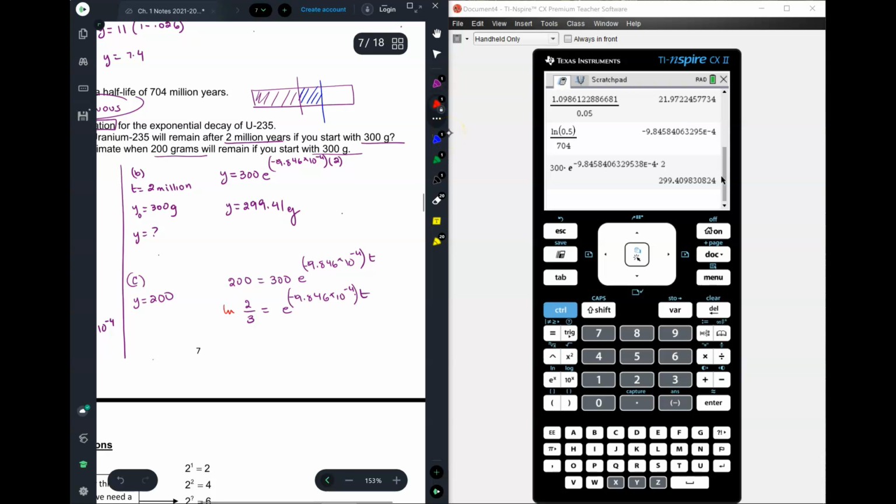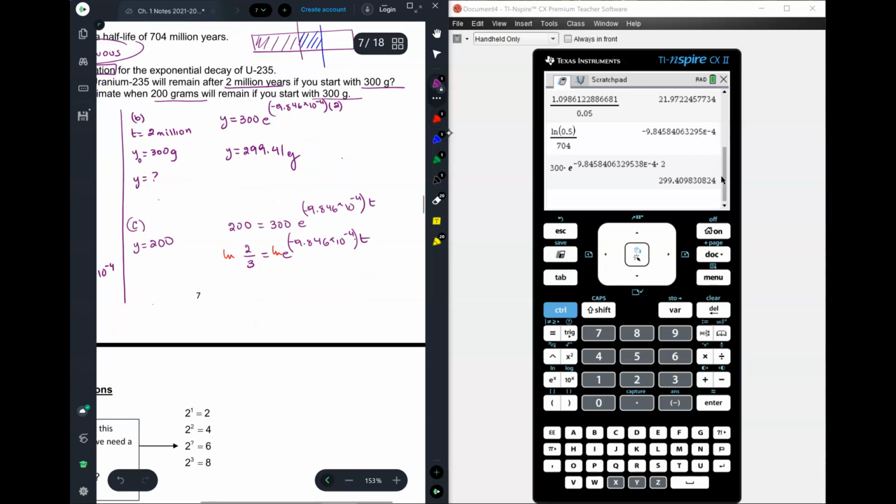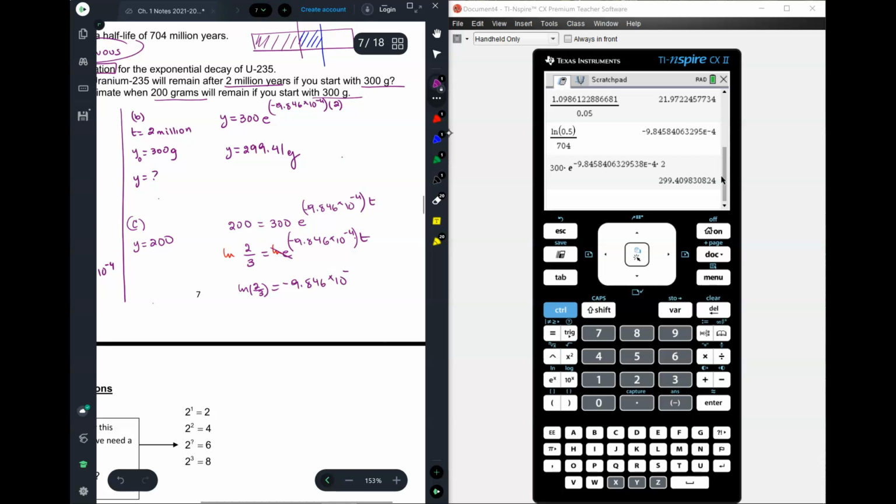Taking the ln of both sides, I get ln of 2/3 is equal to, these go away, negative 9.846 times 10 to the negative 4 times t. So t is ln of 2/3 over that crazy number. Now let me show you how to do this here. So we have ln of 2/3